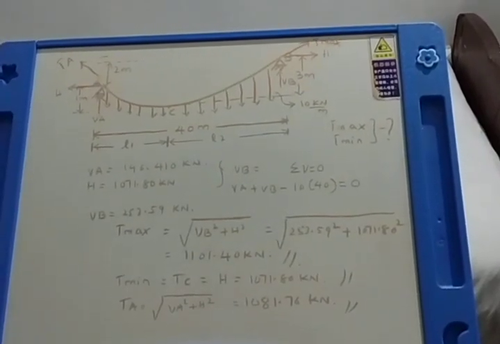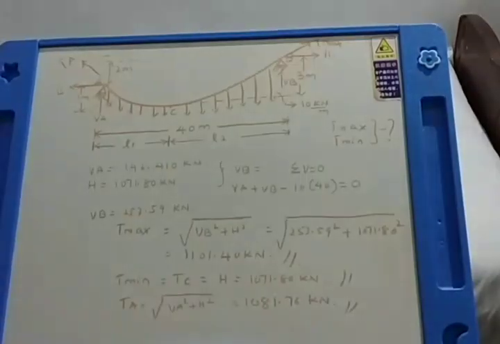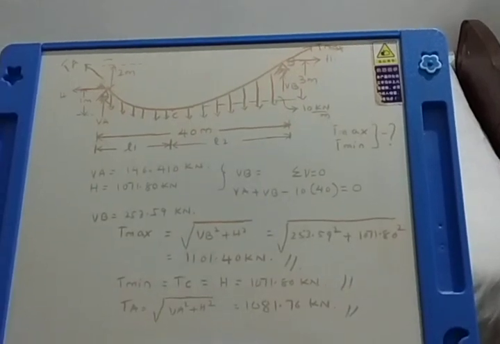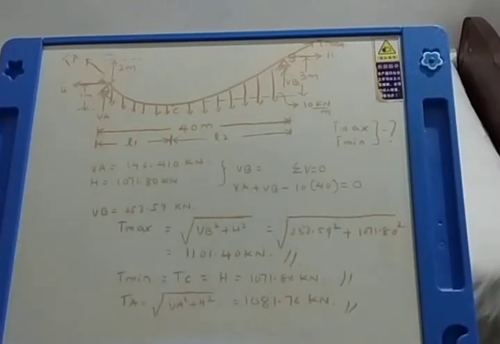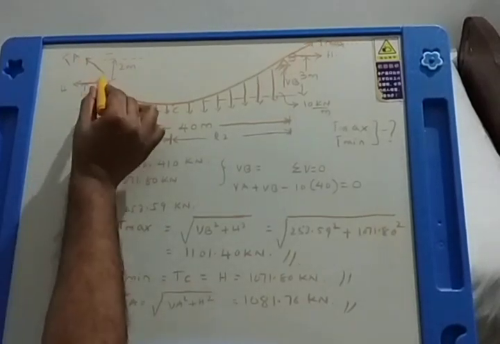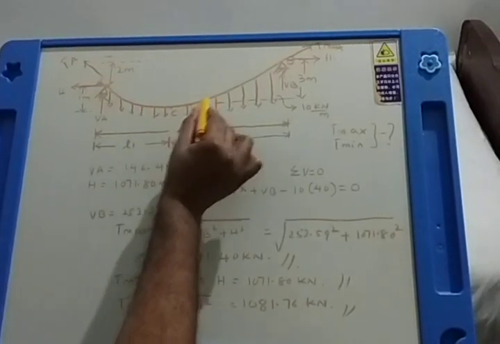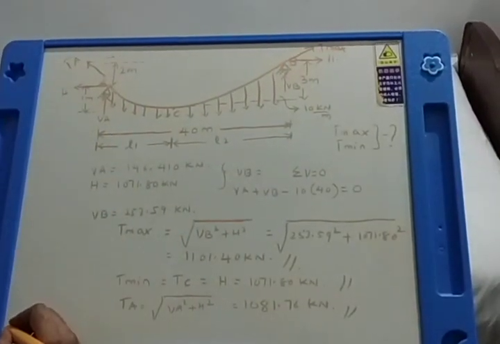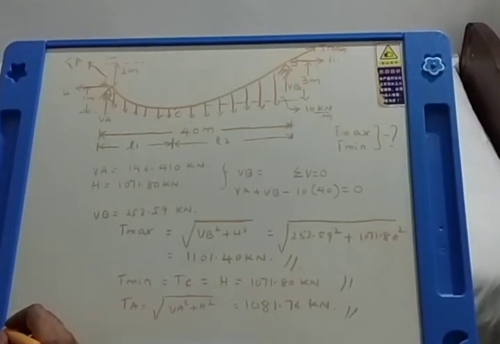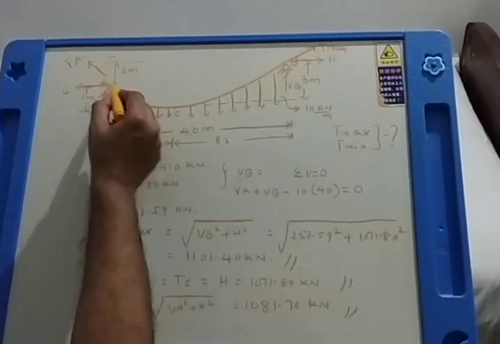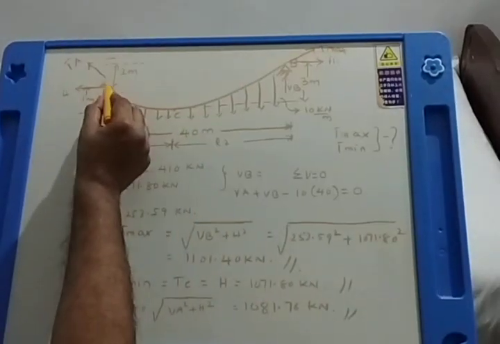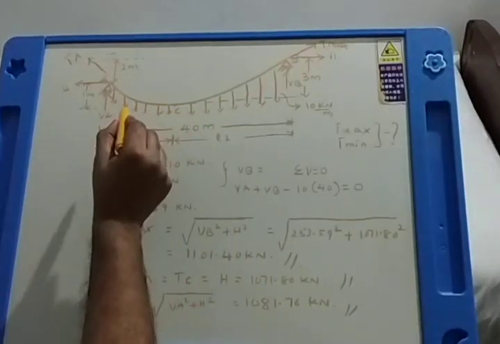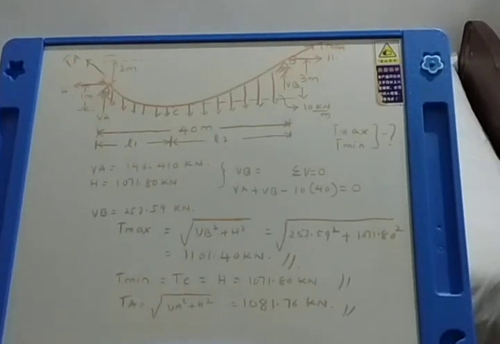I want you to understand how to find out the length of this cable now. I am not going to do it, but I will leave this question to you, and you should come back to me and inform me how you can find the length of the cable. I will give you the hint. You have to find out the length of AC first and the length of CB first. You cannot use the formula that I have given in the previous example. That is for the cable where the supports are at the same level. But here the cable supports are not at the same level. So AC you have to find separately, and then CB you have to find separately. Add both, then you are going to get the total length of the cable.